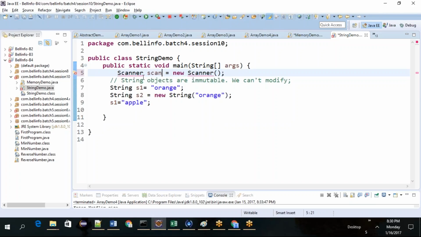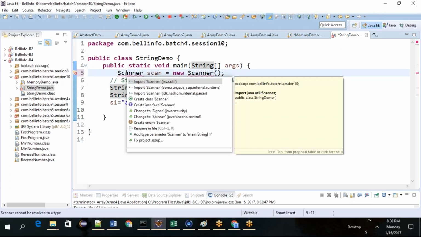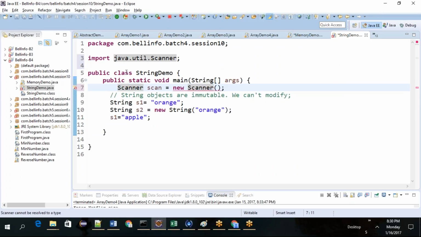Then why are you not getting an error for String? Because Scanner is in which package? Java.util package. So you need to explicitly import that package so that that particular built-in class will be loaded into your class.